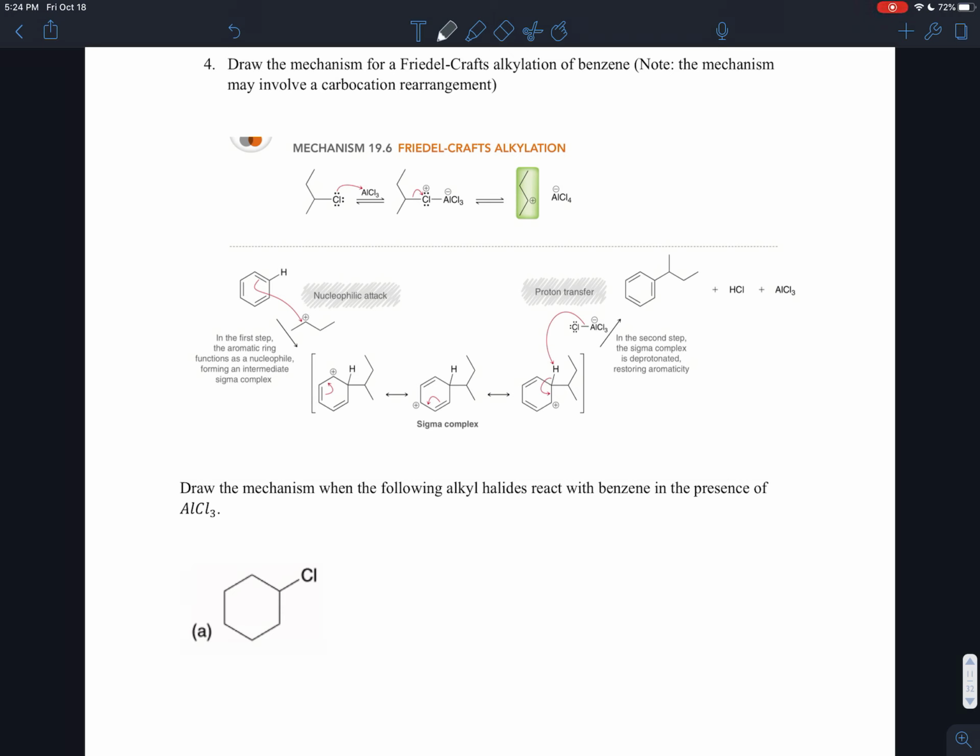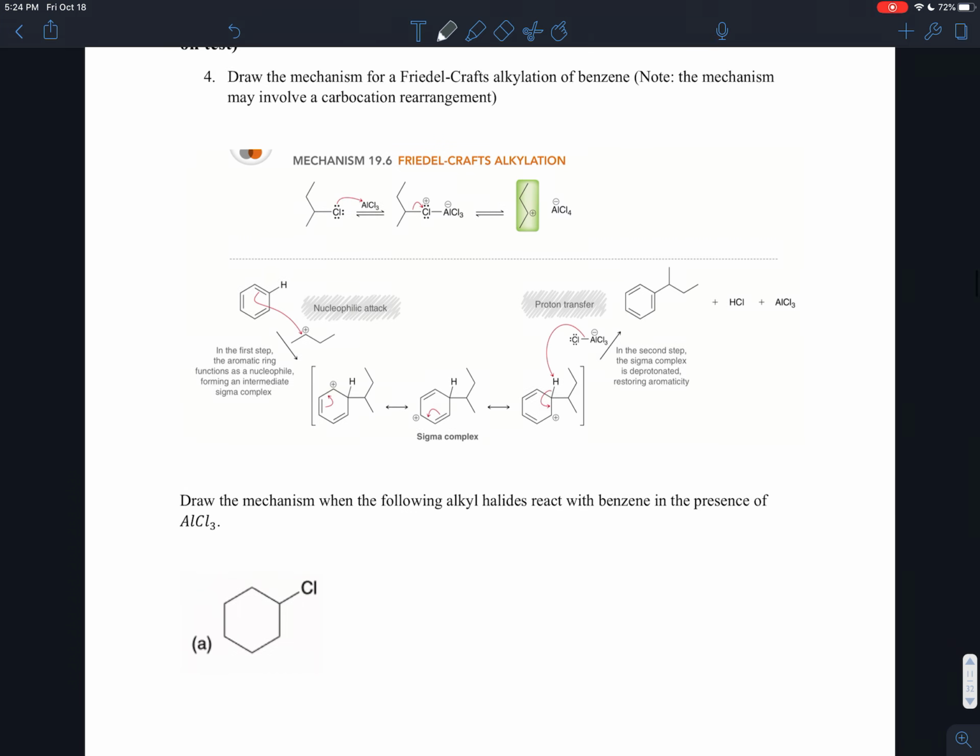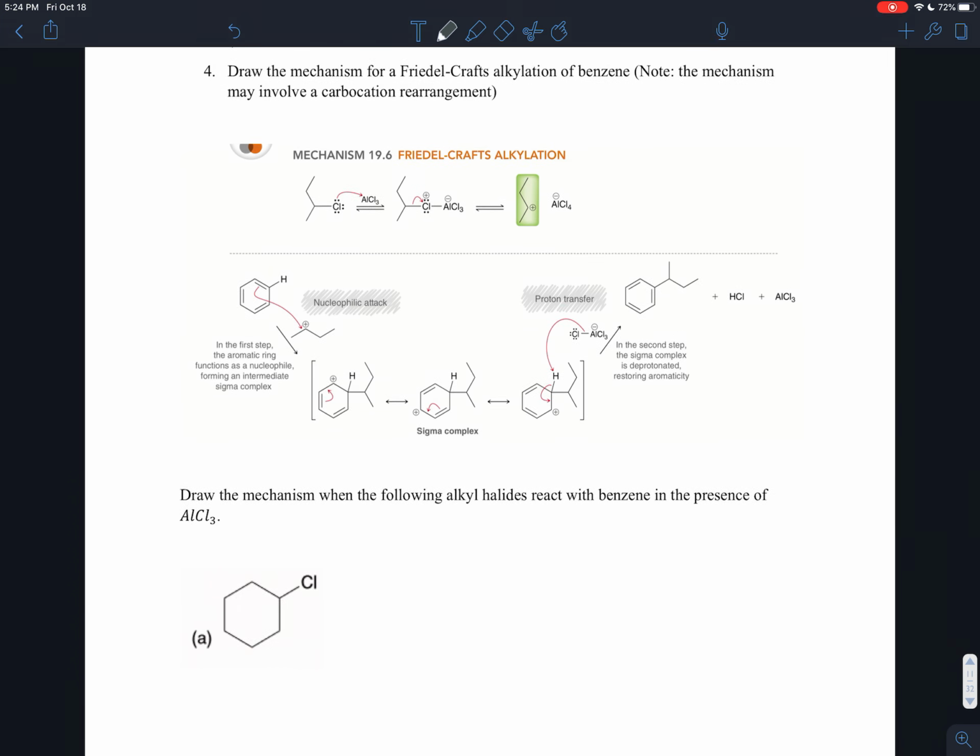So in previous examples, we've seen how to put different groups on a benzene ring. A halogen like bromine, an SO3H group, a nitro group. We can put all of those on benzene now. We've seen the mechanisms. Starting with this mechanism, we can do something really exciting, and that is form a new carbon-to-carbon bond to a